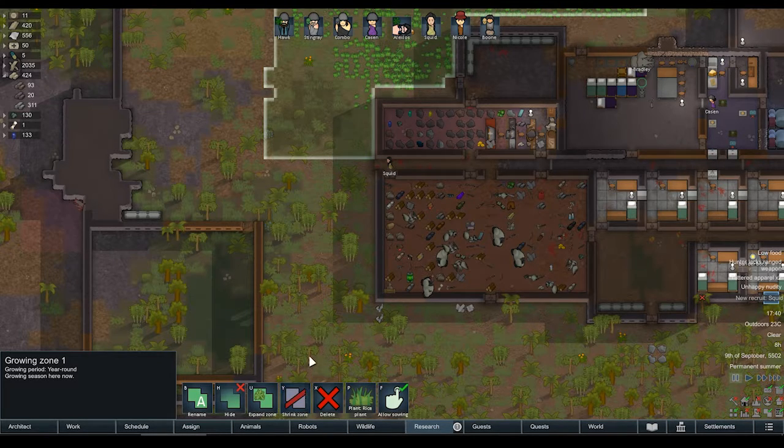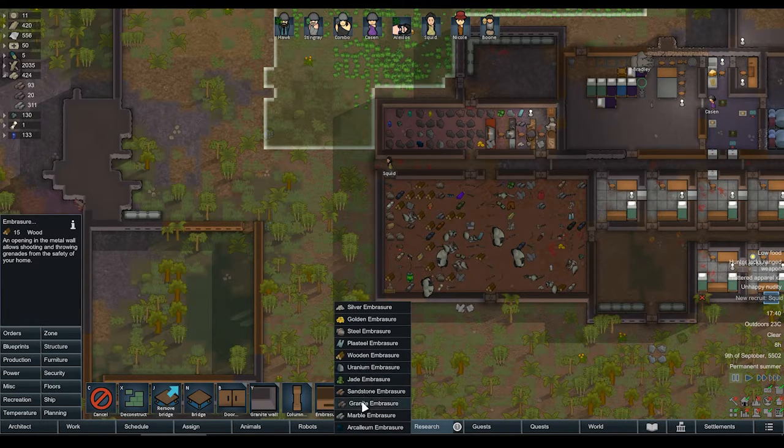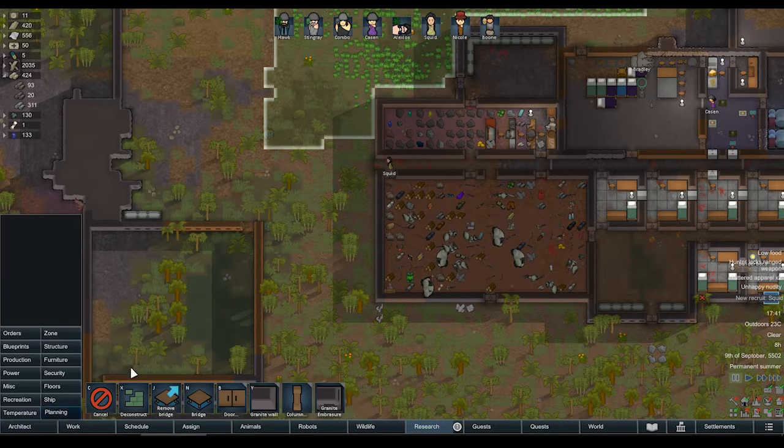Yeah, so we could shrink this area a little bit. Let's shrink it, right? And then that would be a passage, and we can reinforce. We're going to do that as well, I think, and do embrasures in granite. We're going to need to shrink it a little bit more, I guess. That's fine. We don't need to shrink this area because it's fertile, right? But the idea is to have some embrasures there,